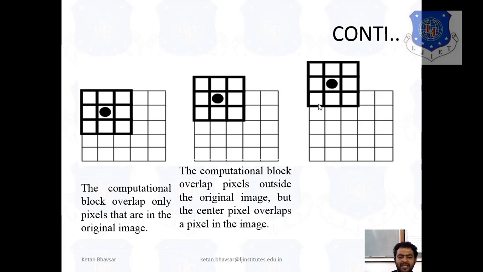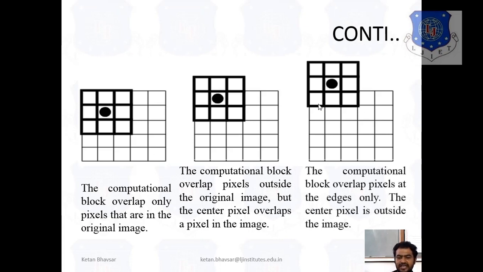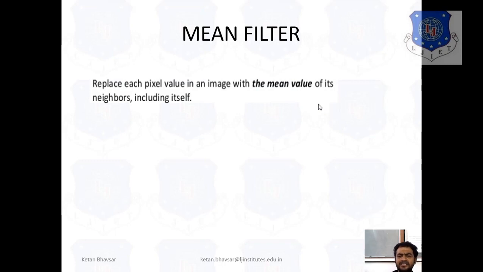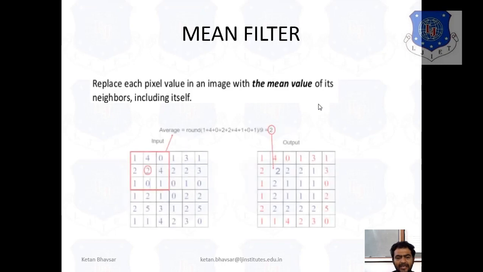It's overlapping, and it starts from the top left, starting the overlapping process and calculating the values. Now we're talking about the mean filter, which is also very popular. We also discuss what exactly the median filter is. In the mean filter, we have to take the neighboring values, and you can see how we are calculating the approximate value.